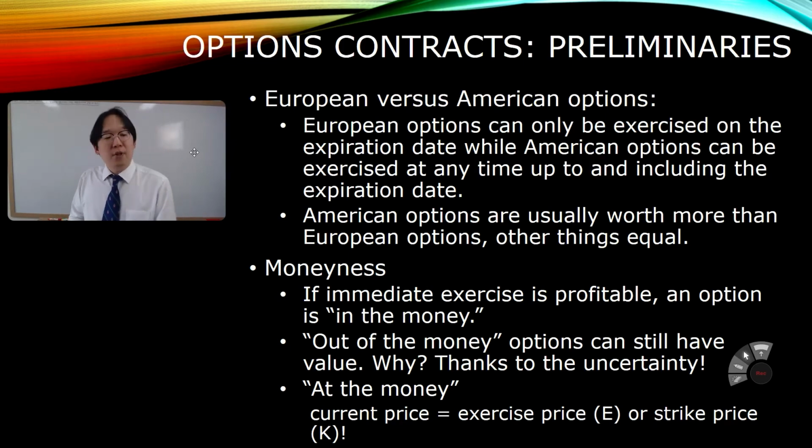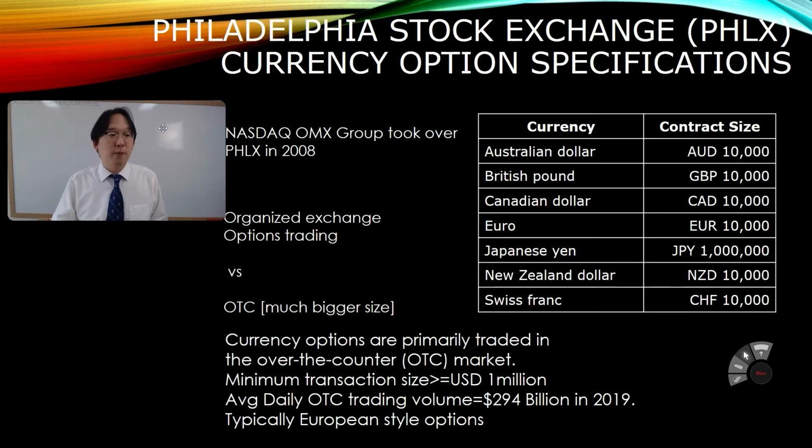Moneyness: if immediate exercise is profitable, the option is in the money. Out of the money options can still have value. Why? Thanks to the uncertainty. We're going to get to that out of the money issue a little later. And at the money is when the current price is equal to the exercise price or strike price, the same thing. Representing the exercise price, we use the big E, or if you prefer strike price, then K. Anyway,